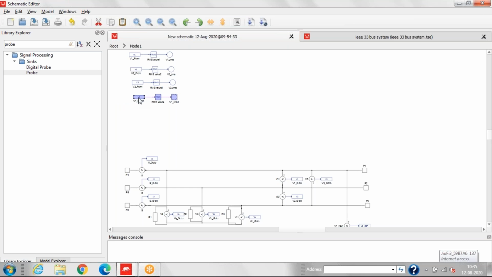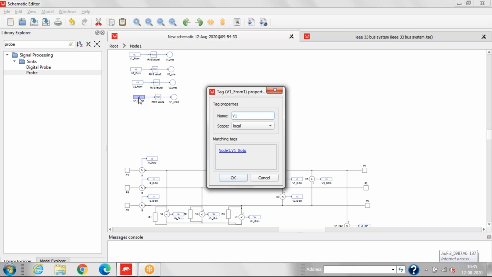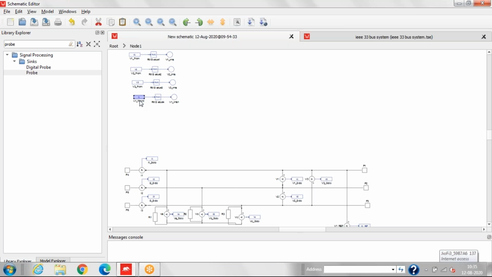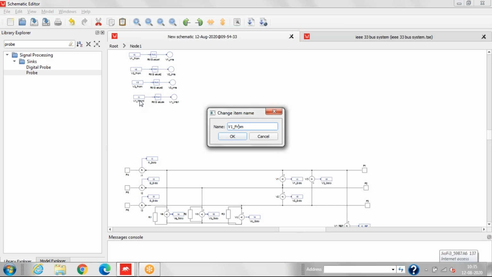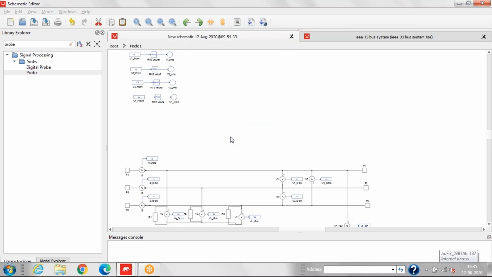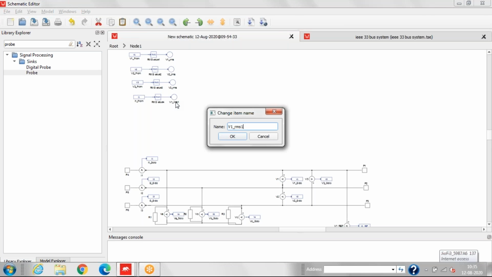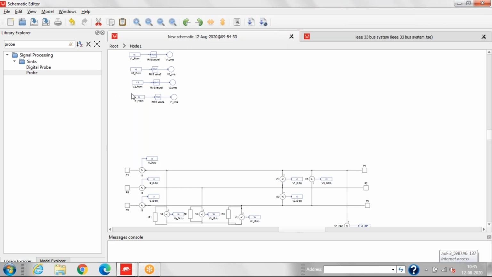So we'll change the tag name here. So this is for I1. So we'll select the signal current I1 and we change the name. So now we'll copy this and we'll paste below.